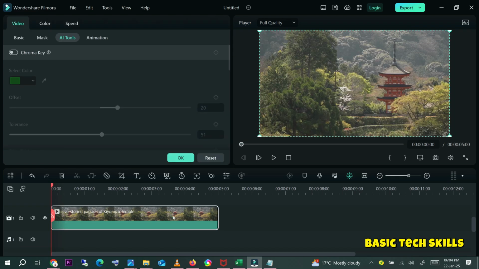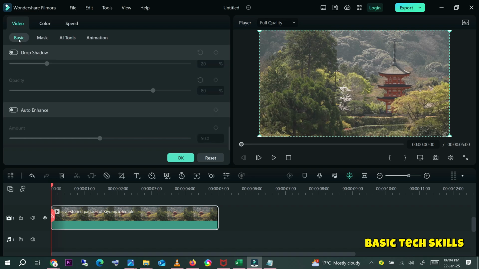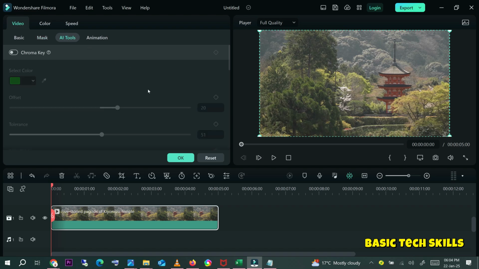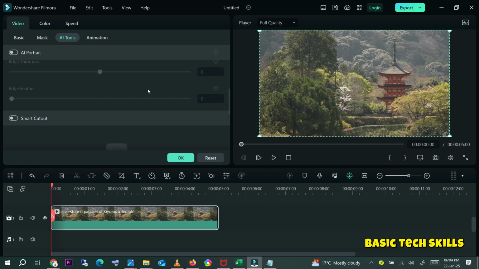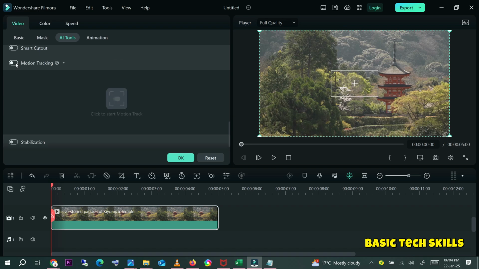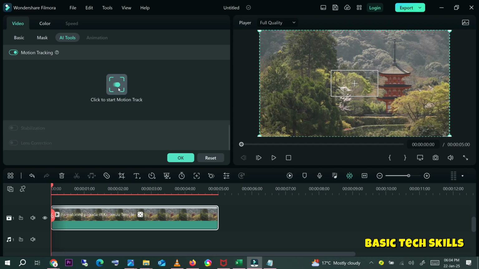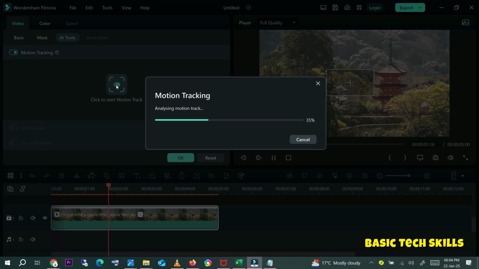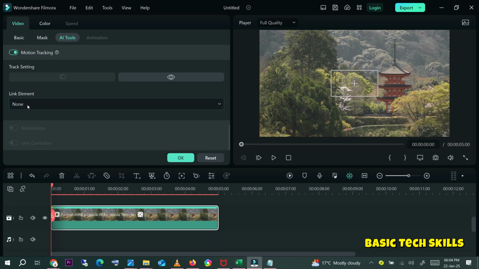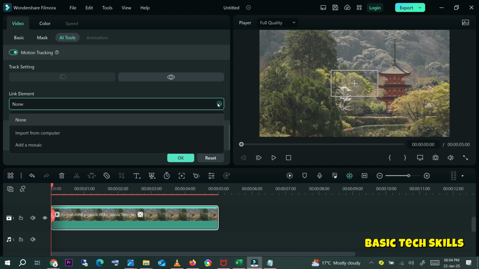Double click on the video and you will be redirected to the video section. And here you will see basic, mask and AI tools. You need to click on AI tools and then scroll down and click on motion tracking and hit click to start motion tracking. And after that you need to click on the link elements drop down menu and click on add a